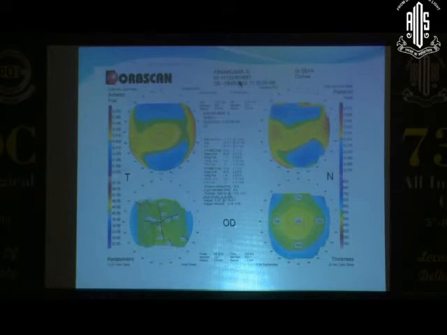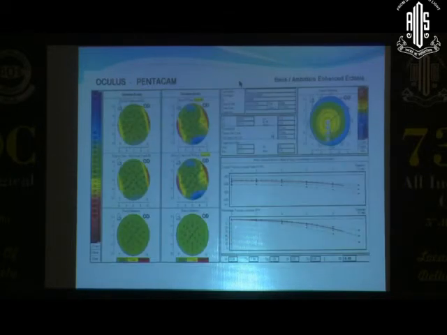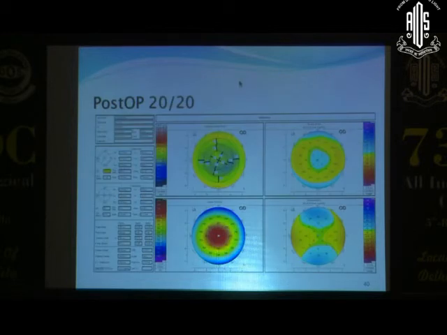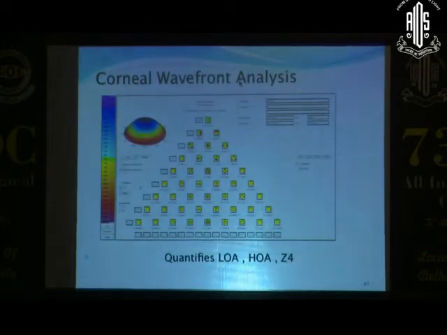So again, when you're looking at topography maps, especially from another center, you have to look again at the basics of topography, look at the color coding, look at the step patterns, and the other parameters. So we went ahead with the normal topography and went ahead for a LASIK. Post-LASIK patients, it's good to do a topography, especially if a patient is having complaints. Don't neglect them. Yes, there are at least 10 to 15% of patients who will have perfectly normal corneas. They'll have glare and halos. But sometimes you may have an irregular cornea over here. This patient had hardly around 1.5 diopters of astigmatism, and with the surface topo treatment, he's post-operatively extremely happy with no glare and halos. So low order aberrations can create significant glare and halos and need to be corrected.